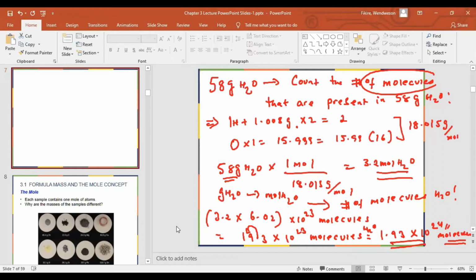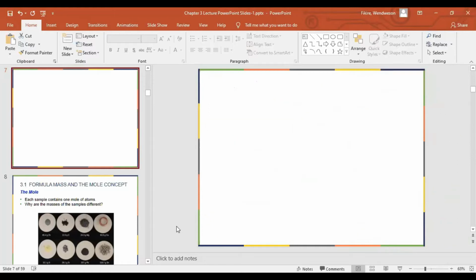We have 19.3 times 10 to the power of 23 molecules of water, right? The rule applies that when you move the decimal point to the left, instead of 23, you will have 24. You see? In other words, let me clear up this a little bit. So for example, you may have